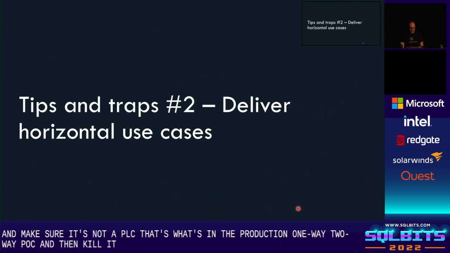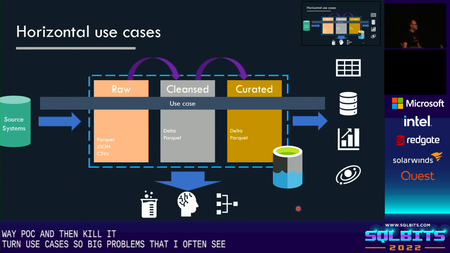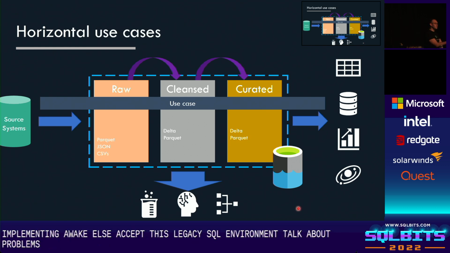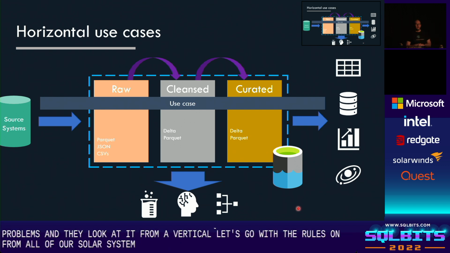Second thing, deliver horizontal use cases. One of the big problems that I often see with customers implementing the Lakehouse architecture is they're like, right, we've got this legacy SQL environment. We're going to go down the Lakehouse architecture. It's going to solve all of our problems. And they look at it from a vertical scenario. So they go, let's deliver the raw zone from all of our source systems, and three months later, they've got a